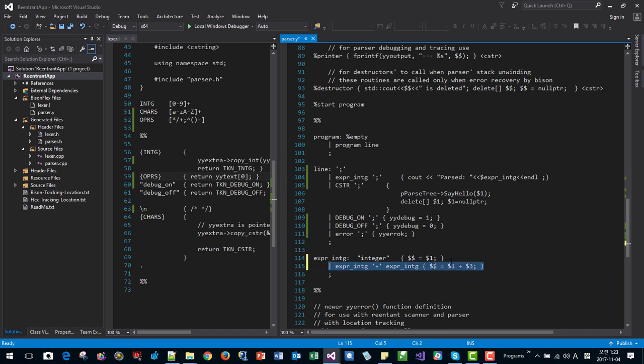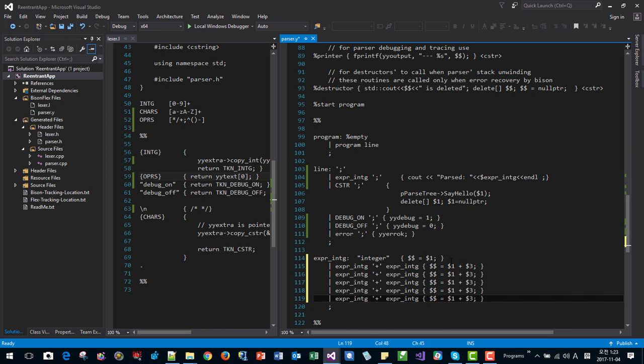I will copy this line of text. Here I will change it to minus, and it should be minus. I will change it to star. Then I will change it to star. Then I will change it to slash. Then I will change it to slash. Now I'm going to change it to power, and I can't use it like this. This is int, so POW double